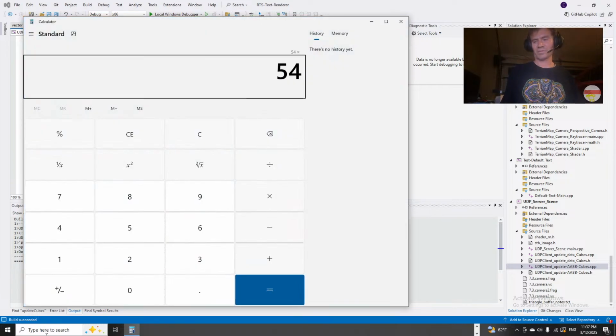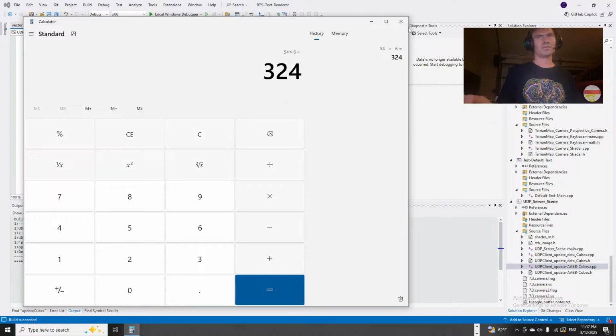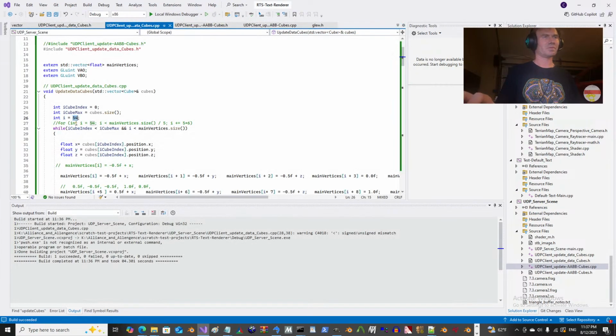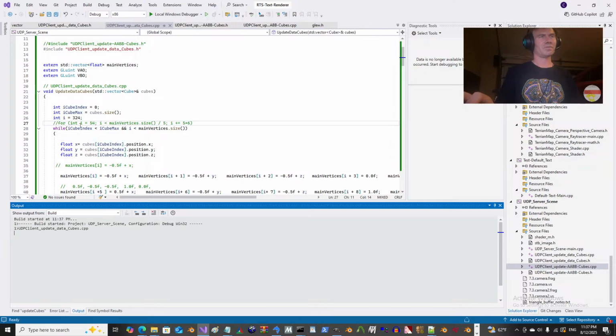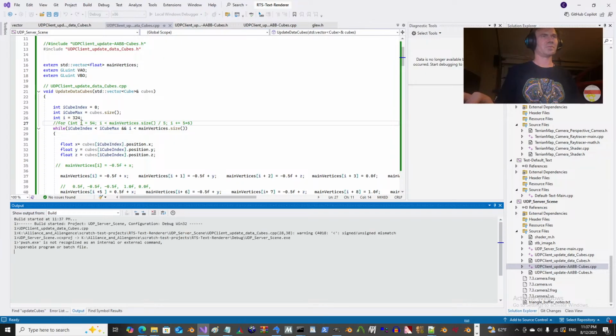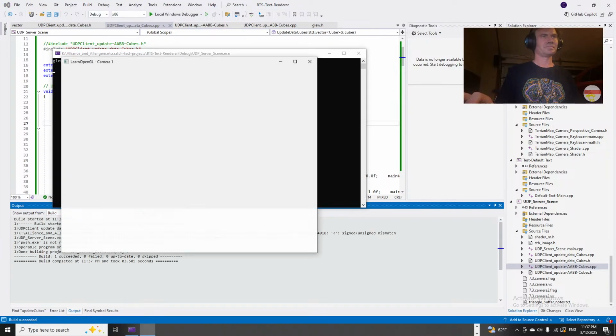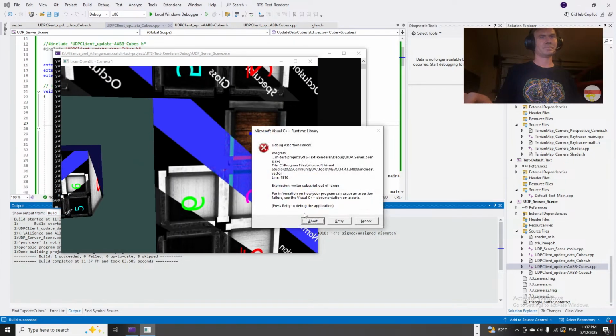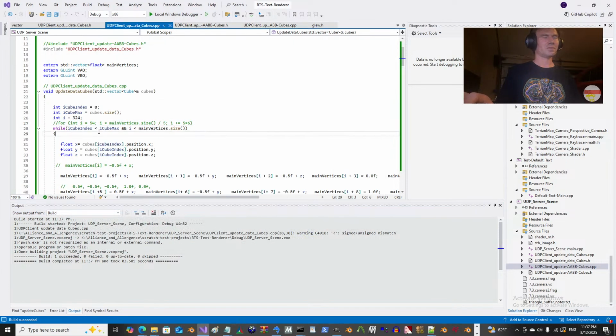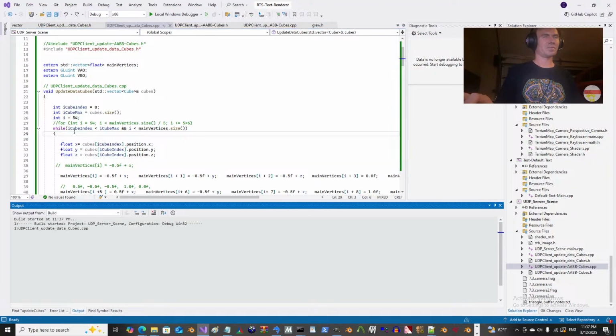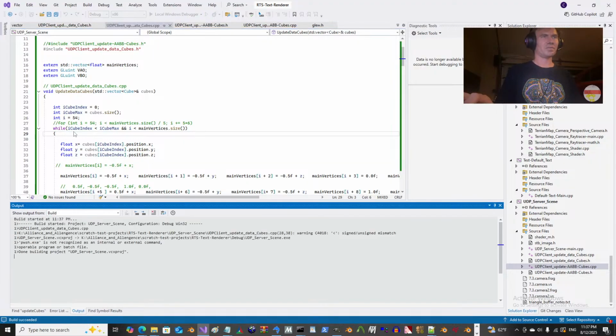Yeah, please calculate it for this. 54 times 6. 324? I don't know. Maybe it's not 324, but we'll see. Yeah, it's not. Oops. Let's go back to 54 for a second. I know it's wrong, but